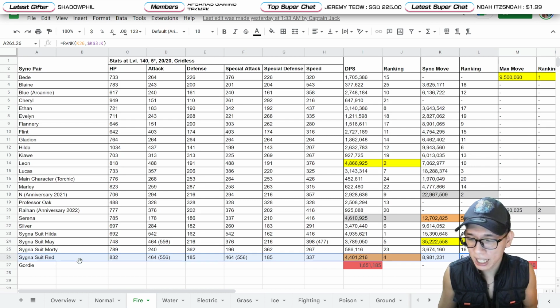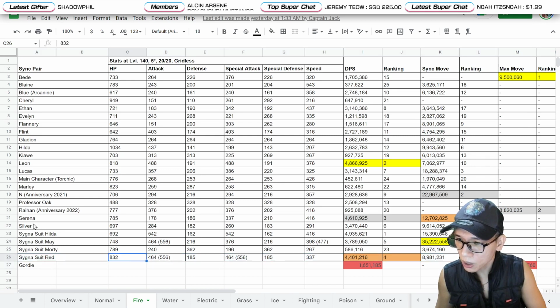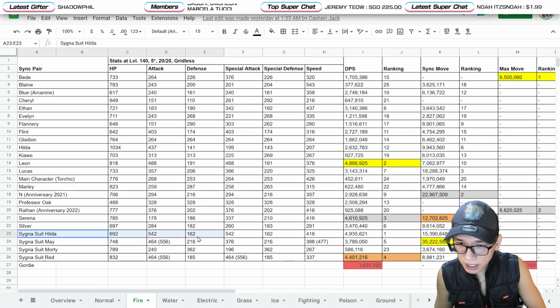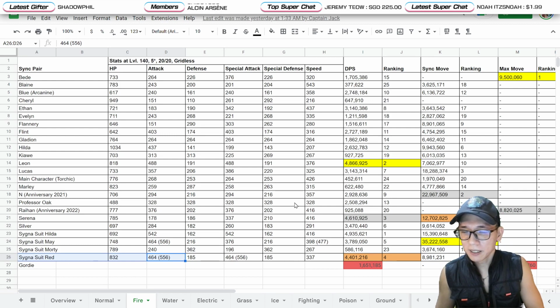Granted, Sygna Suit Red has a Propulsion 1 or something like that, which Sygna Suit Hilda does not have. But in terms of survivability, Sygna Suit Red has a much higher HP stat compared to Sygna Suit Hilda's, 692 versus 832. These are 20 out of 20, by the way. Defense-wise, Sygna Suit Red has a higher defense. But Sygna Suit Hilda's other stats are decent enough, and her own damage is stronger. Just see the numbers, and that's why you kind of want to scout for Sygna Suit Hilda and say goodbye